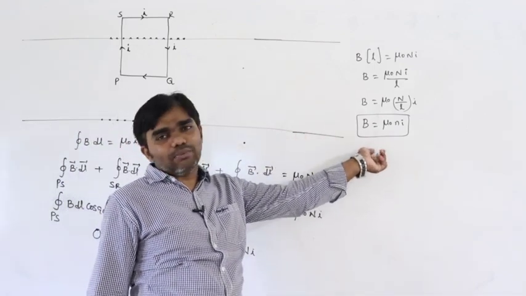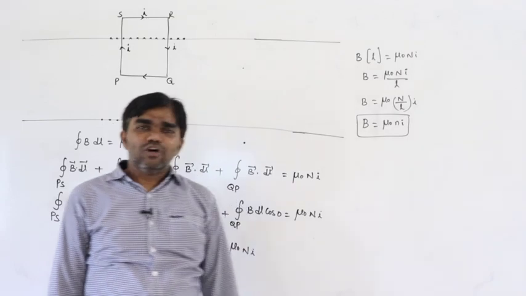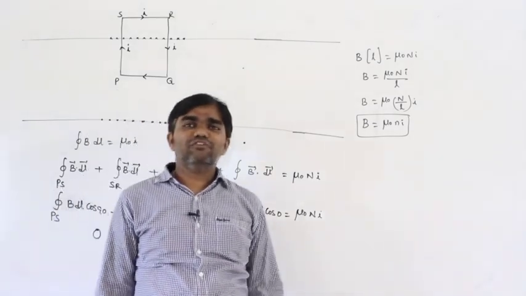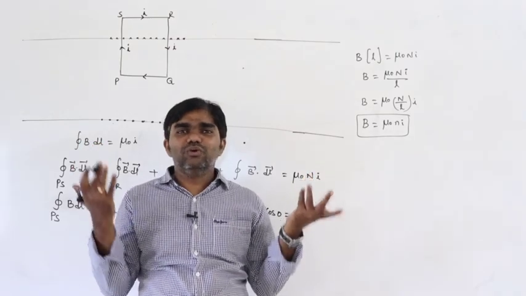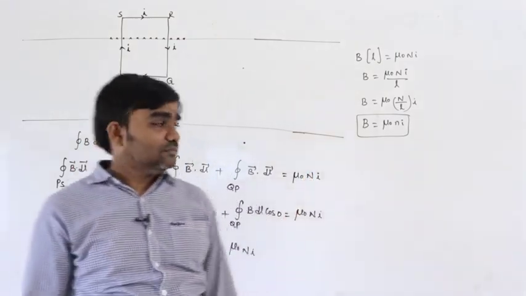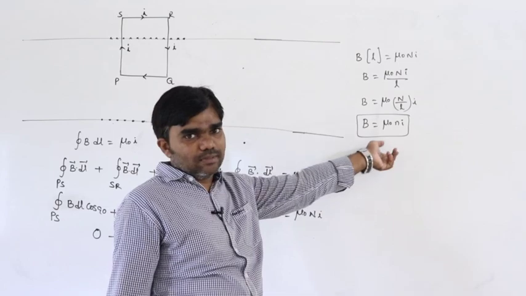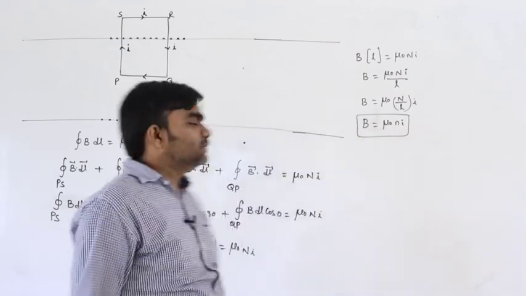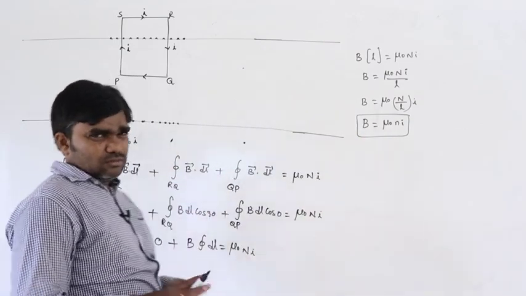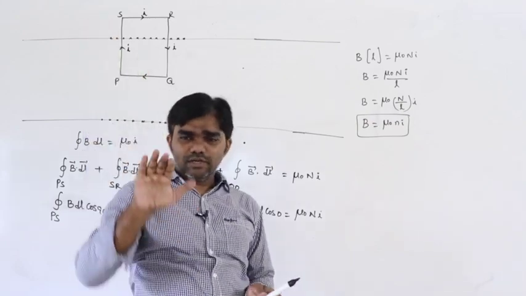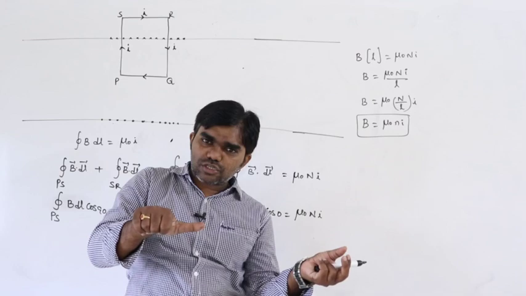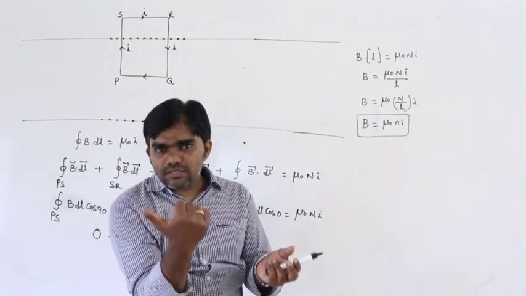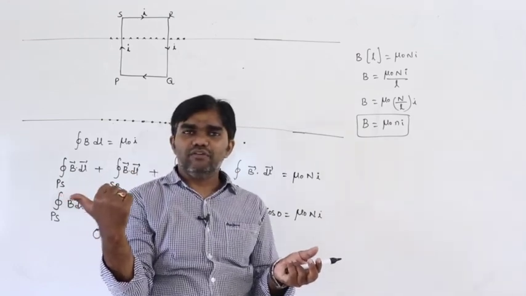This is applicable only for a solenoid of infinite length, but for finite length we must follow that earlier concept. We don't have any other option. So that's why this is a simple result, mu naught N i. In any situation, the direction of the magnetic field is based on the current carrying conductor. If the current is like this, this is the direction of the magnetic field. If the current is like this, this is the direction of the magnetic field.